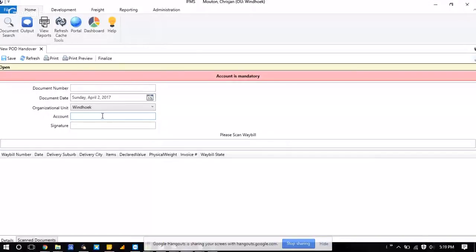Okay, next step is simply to print that out, attach the documentation, and send that through to the account holder. Once they've signed it and they've sent it back, keep in mind you have to save this POD handover. Once they've signed and returned that signed POD handover,